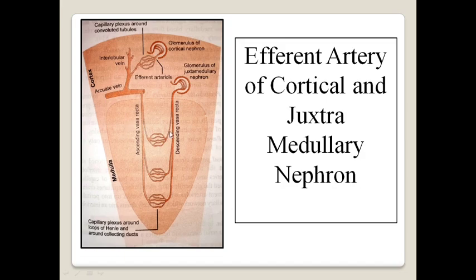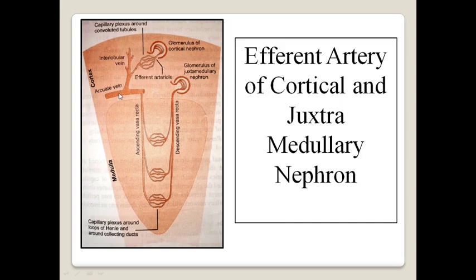After forming this kind of arrangement, these blood vessels, the efferent arteriole from the juxtamedullary nephron, drain into the arcuate vein directly or into the interlobular vein, and from here these veins progress and come out finally as the renal vein, and the branches are similar to the blood supply of the artery to the kidney.